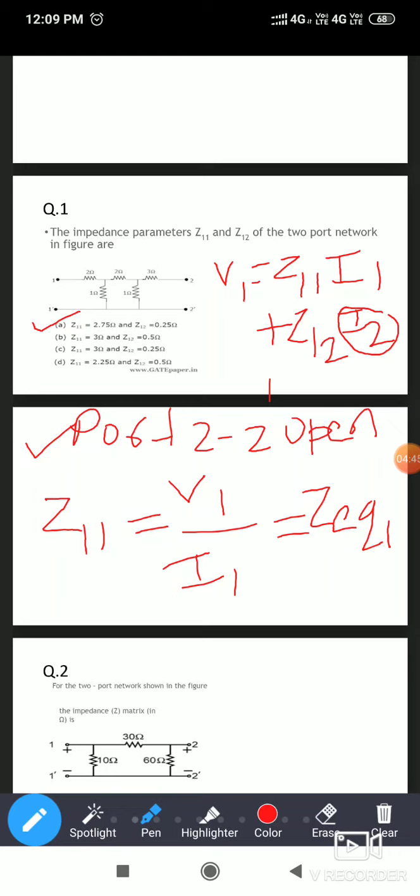If you are observing the variables, they are of the same port. When both variables are of the same port, we simply find the equivalent. One more thing I have told you when I taught this subject: when there is V divided by I or I divided by V, simply go to find R equivalent or Z equivalent. Equivalent resistance you can find whenever there is V divided by I or I divided by V of the same port. Here V1 and I1, these two variables are of port 1. That's why you can go for finding Z equivalent 1.